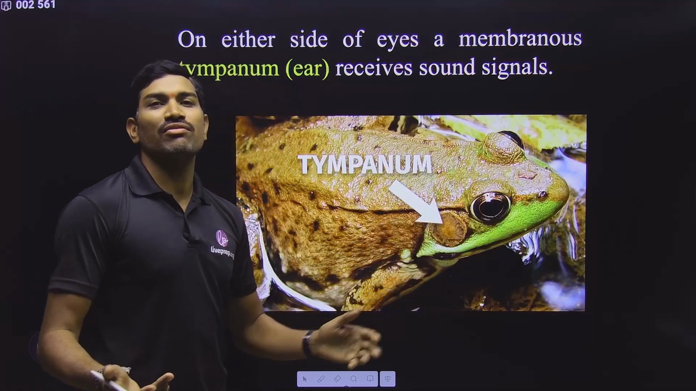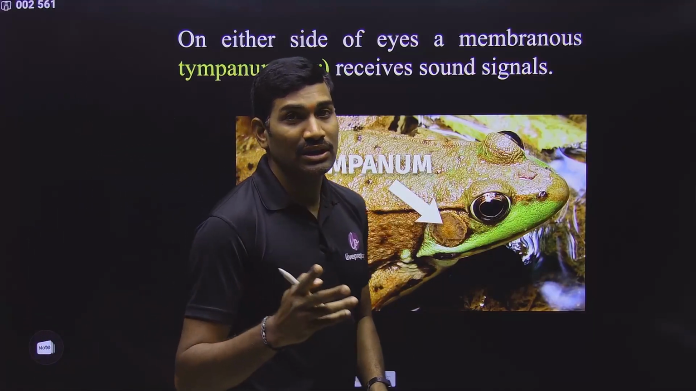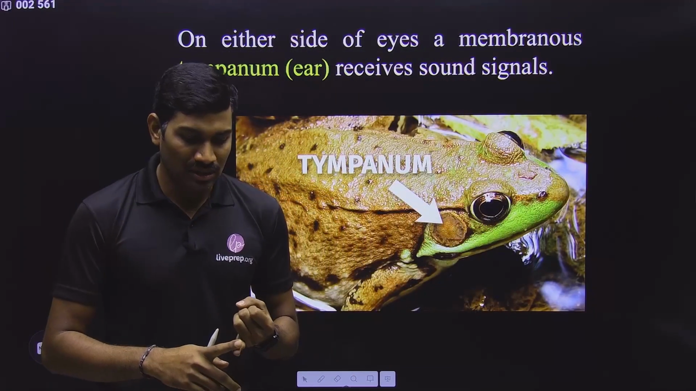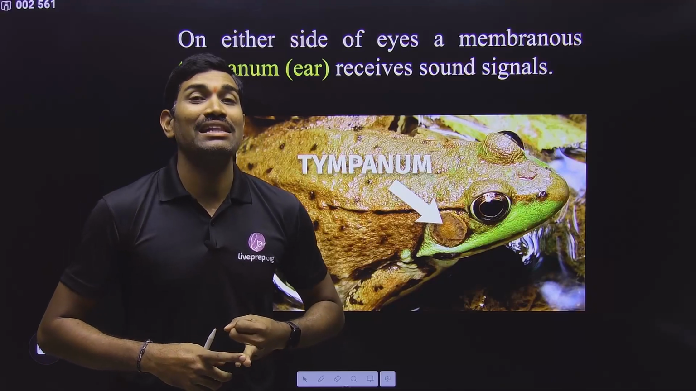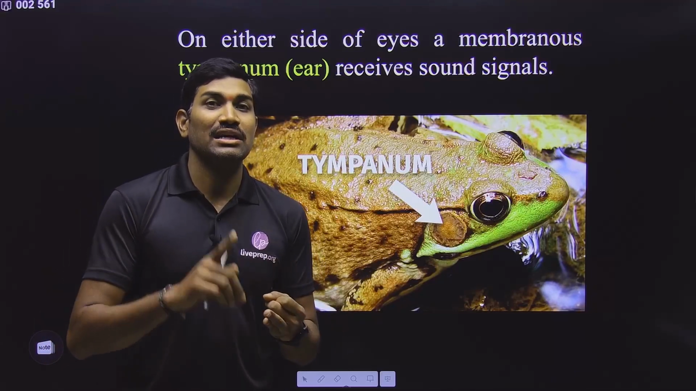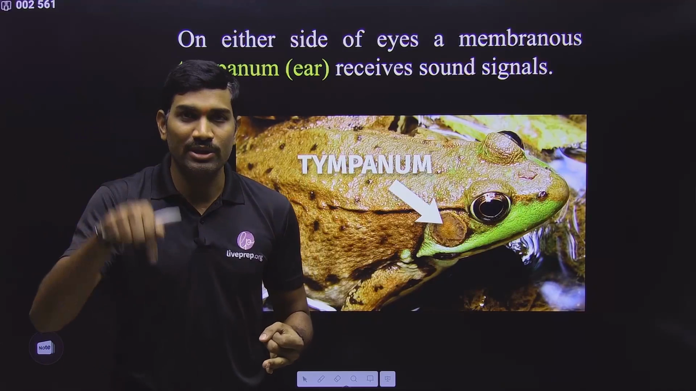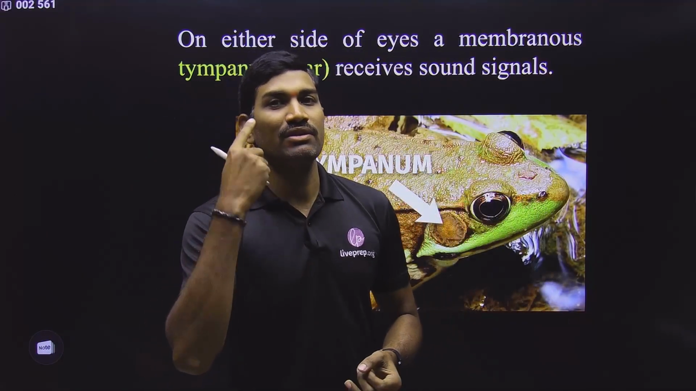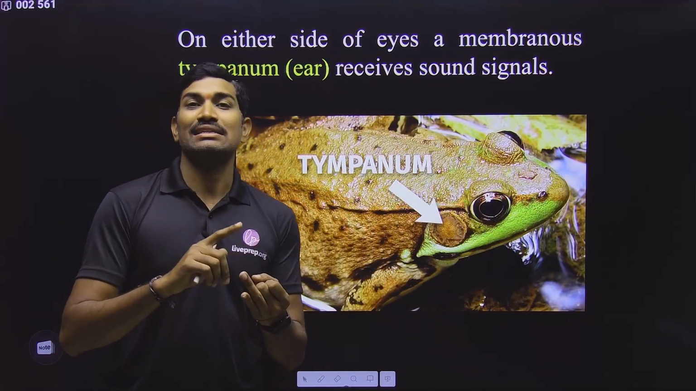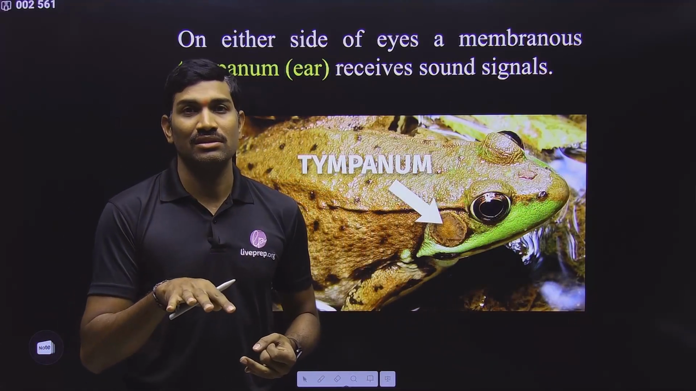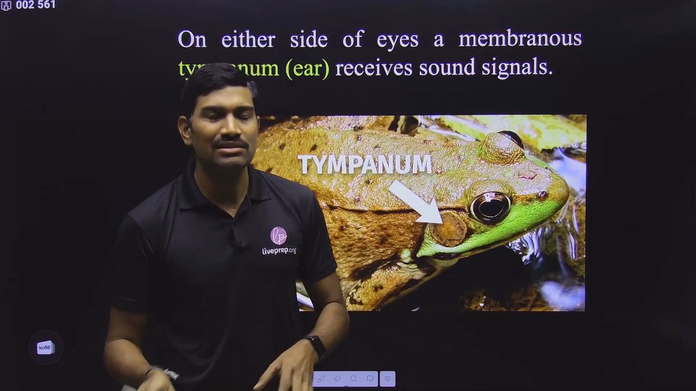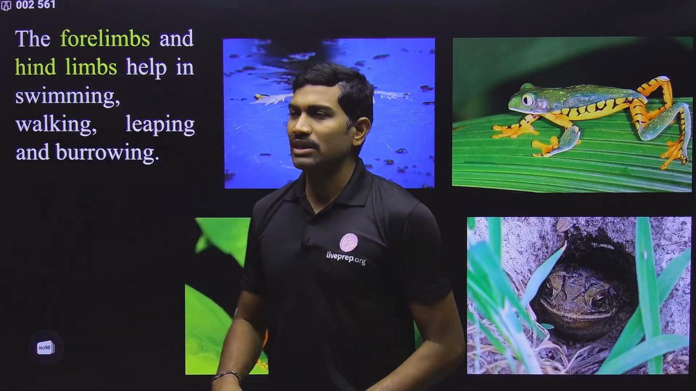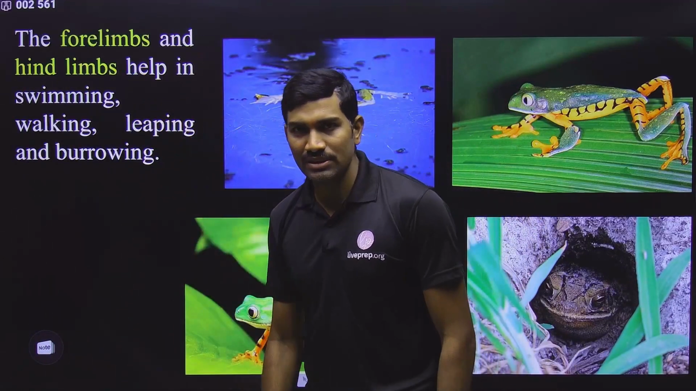And here this ear is useful for two things. One is for hearing of the sound, and not only this, it is also useful for balancing of the body. These two points are applicable even for humans. In the case of human also, the ear has two functions: it is useful for sound recognition, and second, it is useful for body balance. In this new syllabus they have deleted this, but it is very important, so please remember this. Next, they are saying that forelimbs and hind limbs are present, and these limbs are